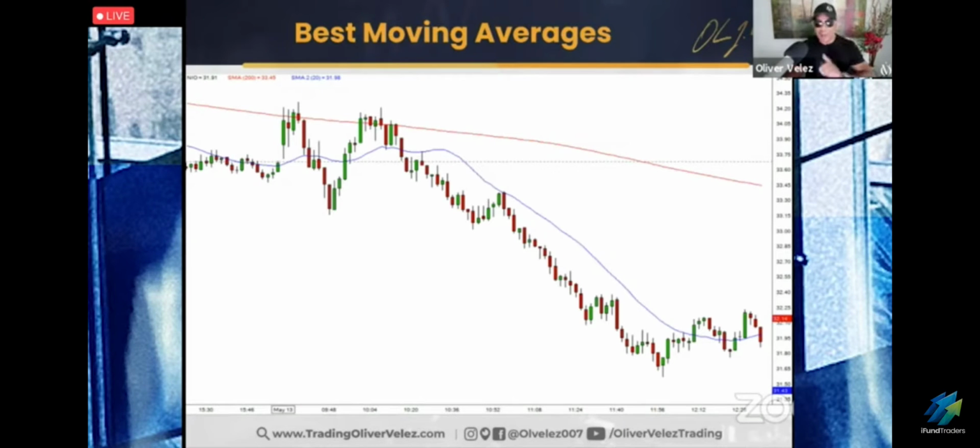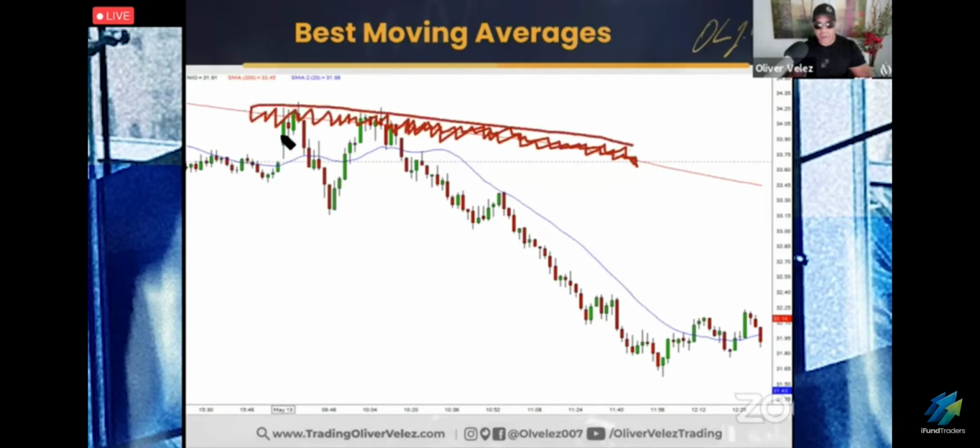So if I were to ever build my own trading platform, it would look something like this. My moving average would look like a zone that I would put a band around. Now, I know some people would say, Oliver, that's like a Bollinger Band, but no, I'm not talking about a Bollinger Band. I'm just talking about a thicker line, if you will. And that's how I would draw the moving average. Maybe the line would go through the middle, but I would give the trader the indication that this is not just something skinny,